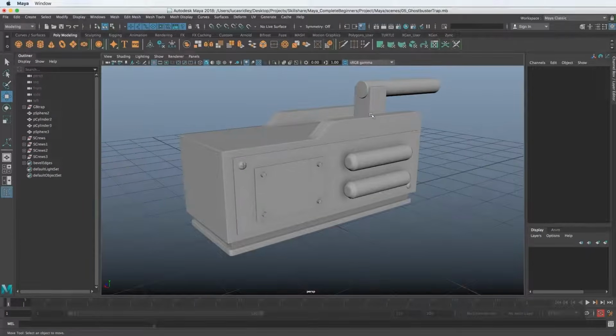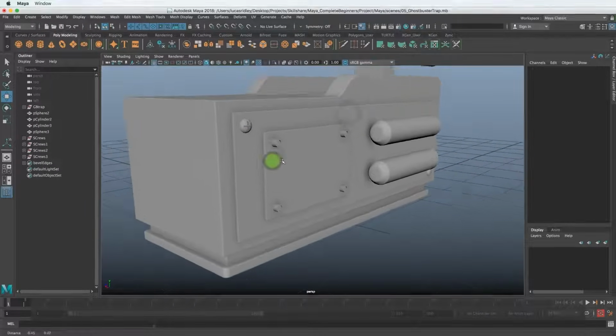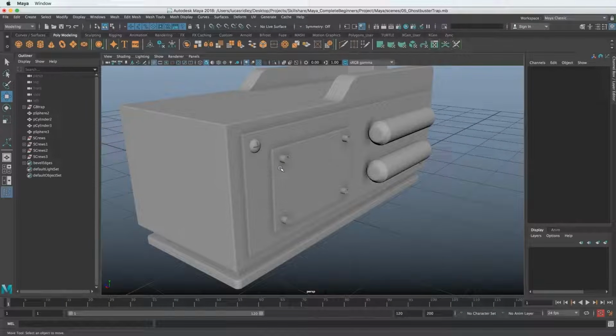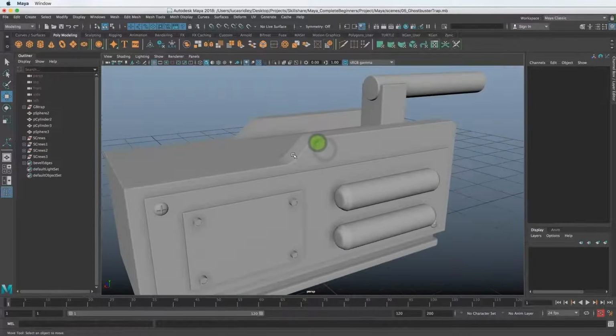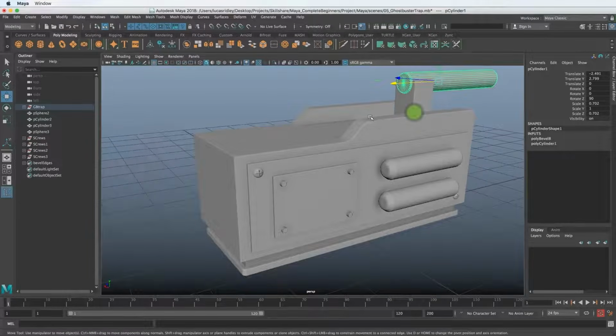So the things that I added were bevels to the handle and to the extension here. And I added another plate and these screws. The only thing to notice and to remember that I maybe haven't covered about bevels, when I was making this, I was resizing it and doing all kinds of things. Same thing with this beveled edge here.